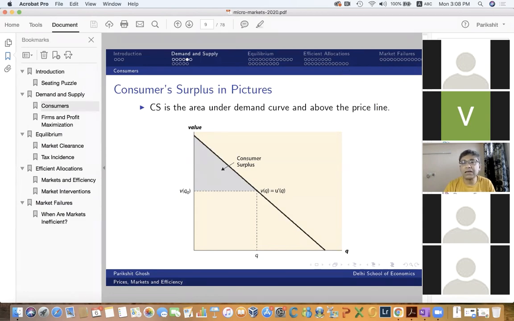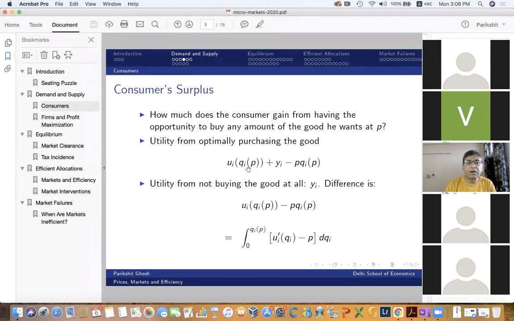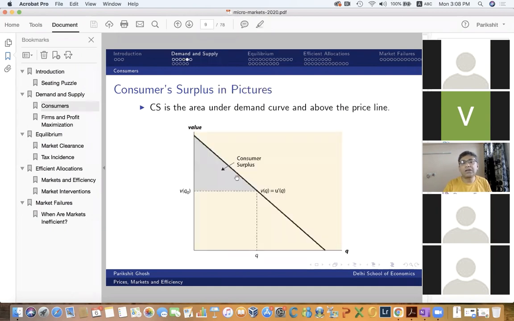And what it really captures is what I said. It's the difference in utility between getting to participate in the market and choosing rationally, optimally, in a utility maximizing way, and not getting to participate in the market. It's a true measure of that, right? So that's something you need to remember, that this area is what is called consumer surplus. In this framework, it's measured in monetary terms, and it really captures what's the extra gain from